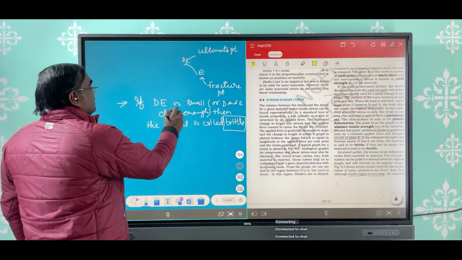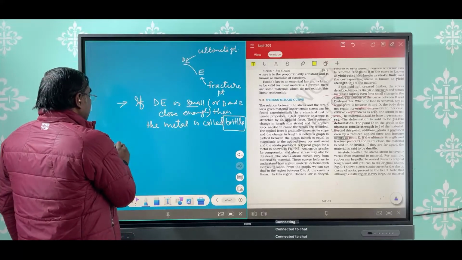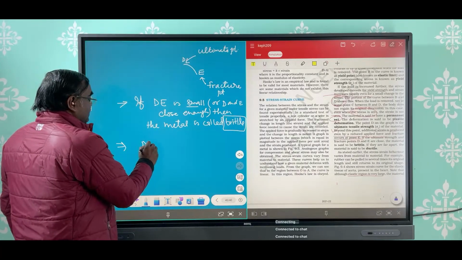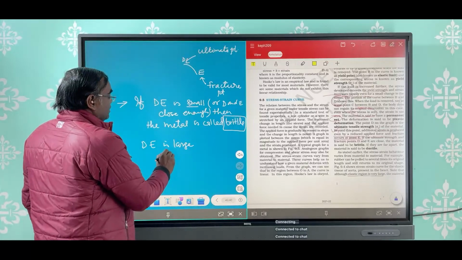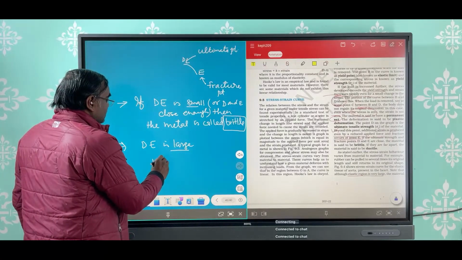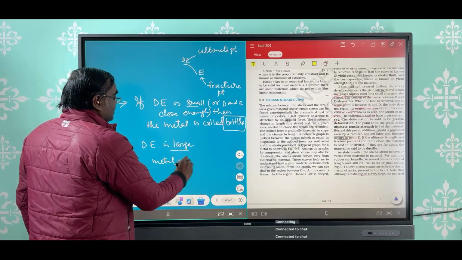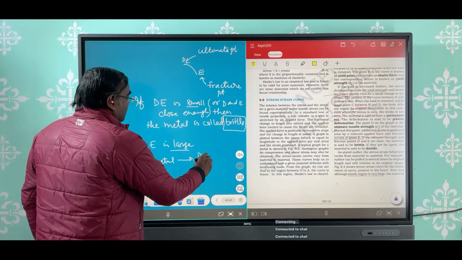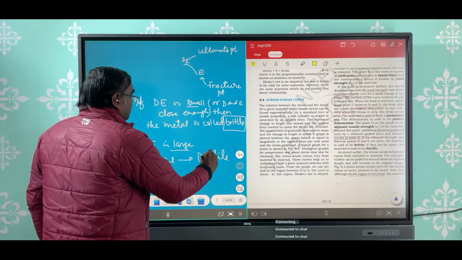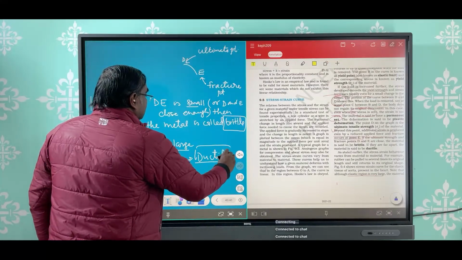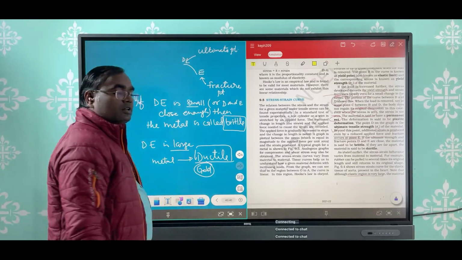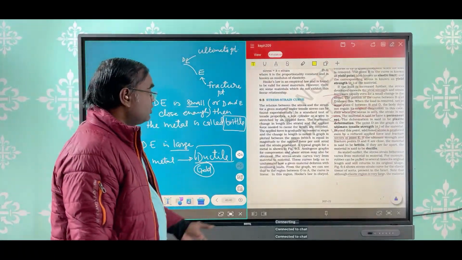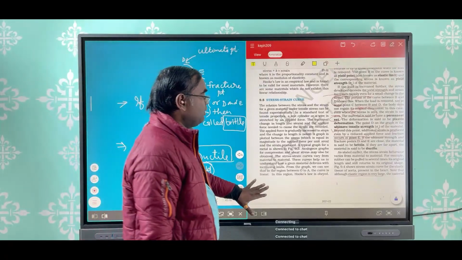is, if D and E is small, then we call it brittle. And second point is, if DE is large, then the metal is called ductile. ठीक है? तो इस केस में क्या हुआ, गोल्ड हो गया और कुछ लिमिट तक कॉपर भी है, तो हम लोग देखेंगे, यही सब पढ़ेंगे इसके।